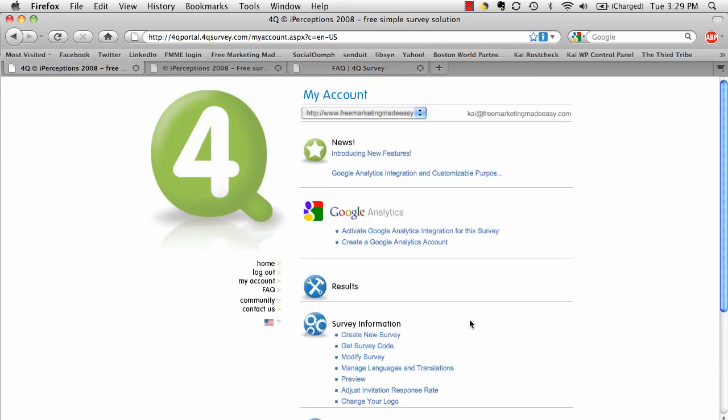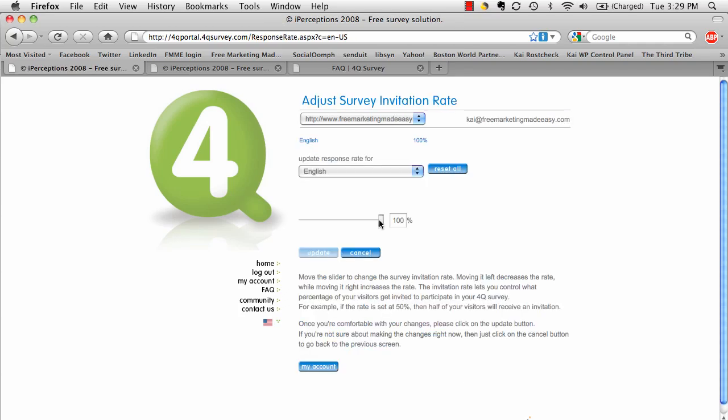Once your code is installed, there's only one more thing to do before you can see it live on your website. Come to this link, Adjust Invitation Response Rate. This is where you use this sliding scale to determine what percentage of your visitors will be prompted with the survey. Now, for the sake of this demo, I'll leave it on 100%, so I'll open a new tab,